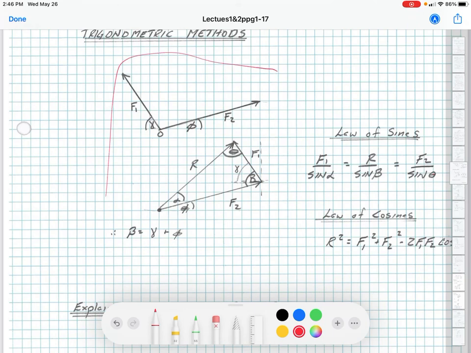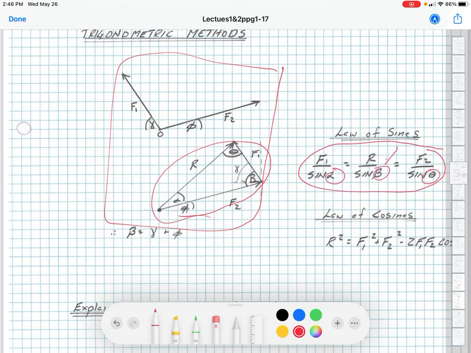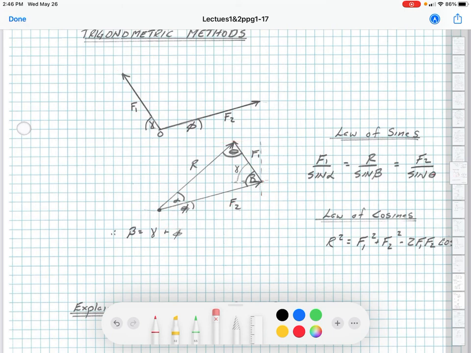So quickly, understand what's going on here. When you have your system, F1 and F2, you can form this triangle. You can go through the law of sines to come up with all your various angles, but this is the one you're looking for, beta, because that's what's going to go in down here in the cosine of beta in your law of cosines, and then you can solve for R. That's what we're looking for, the resultant. So, like I said, look at it closely. Understand where this is coming from,